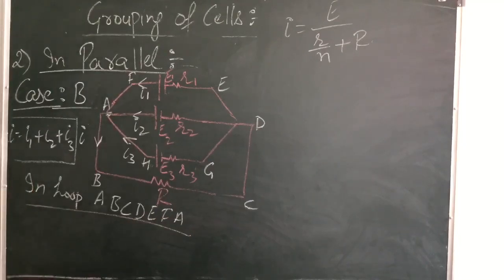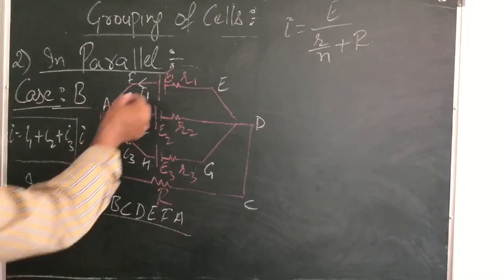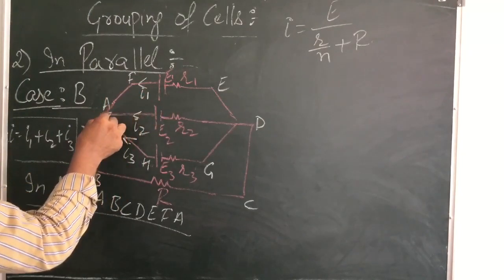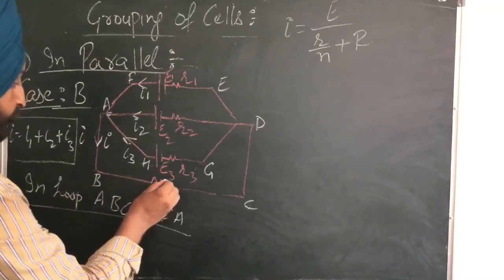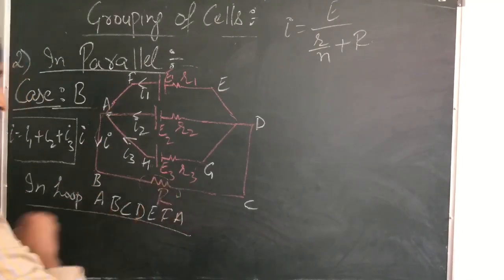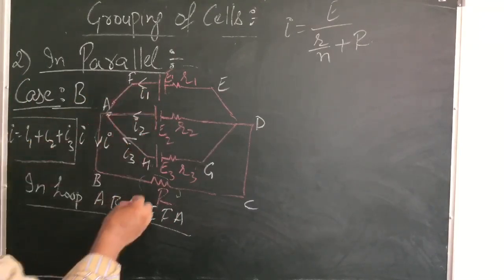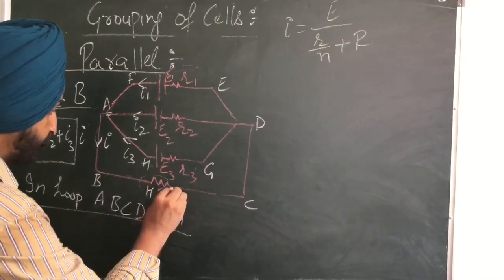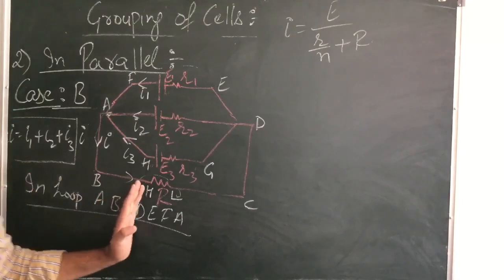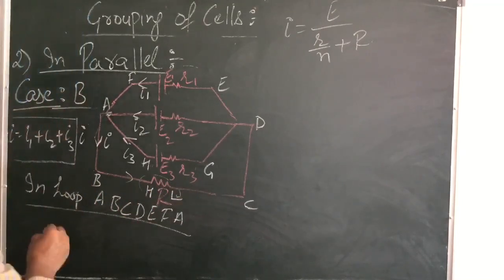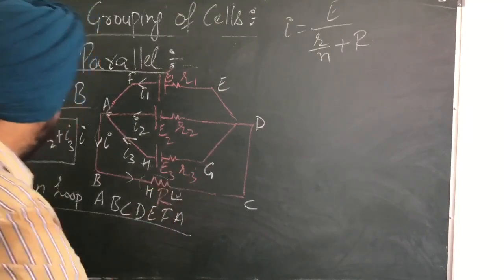So in this closed loop, if I apply Kirchhoff's rule, what will be the equation? Starting from A, our current I is flowing in this direction, and here we get the external resistance. Here are the positive terminals, which means this will be at higher potential and this at lower potential. So I am moving from high potential to low potential, and I will take a negative sign over here. I hope these sign conventions are clear. So minus,